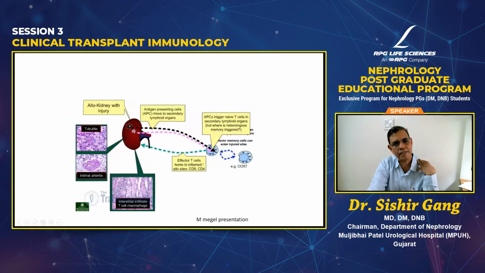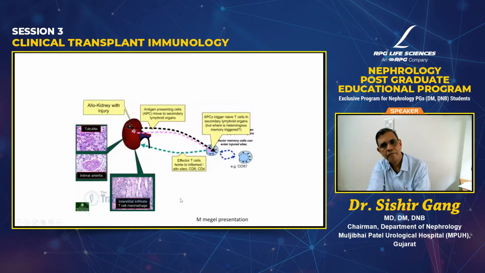And they also can cause intimal arteritis because, as I said, the first point of contact is the endothelial cells. They also have the class 1 antigens, which are recognized by the CD4 and CD8 T cells, and the class 2 antigens, which are recognized by the CD4 cells, and they cause inflammation of the vessels and cause arteritis. And depending upon the response, you can get interstitial hemorrhages. And the macrophages are brought in by the CD4 cells. It tells the macrophages to come in and also mount a rejection process.